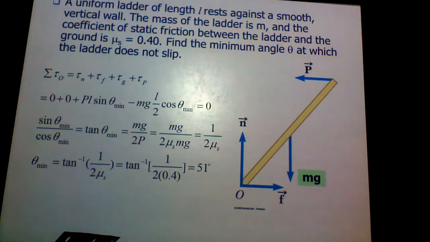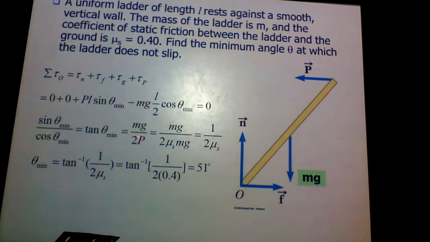And I'm setting that equal to 0 because I don't want the ladder to slip. So ultimately, just doing all of this math here, I can say that P L sine theta equals mg L over 2 cosine theta. Ultimately I rearranged all of this to get sine theta over cosine theta, because we know sine theta over cosine theta is just tan theta. And then when I rearranged that, on the right hand side I got mg over